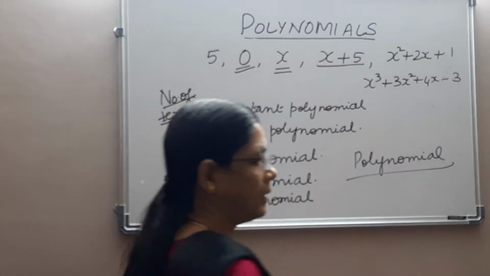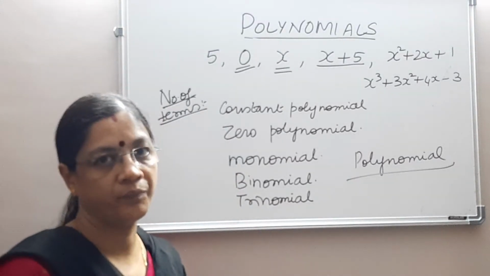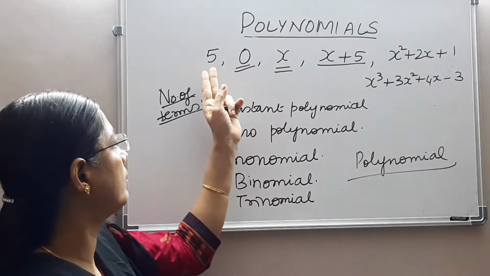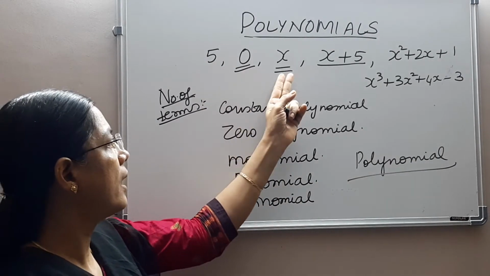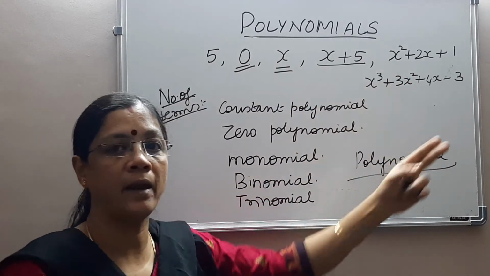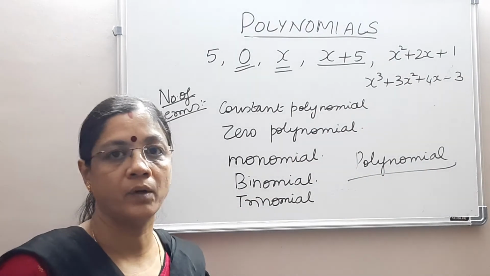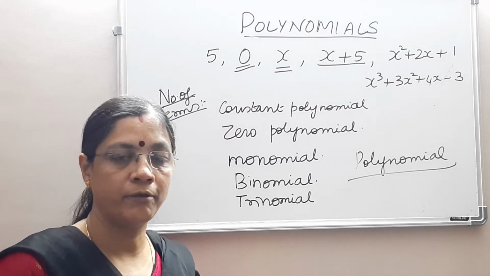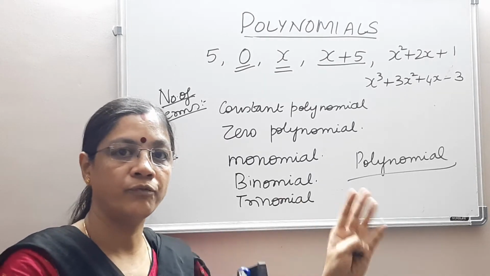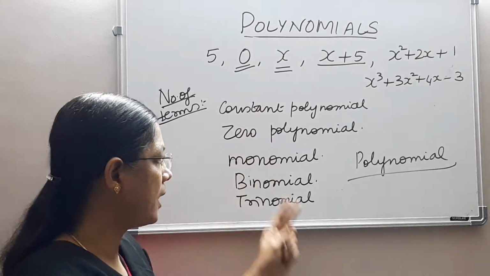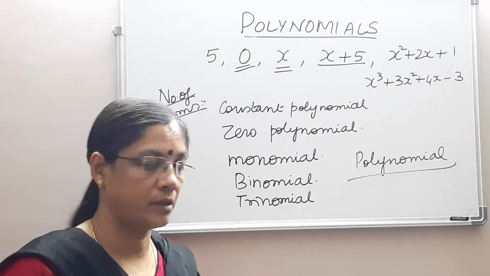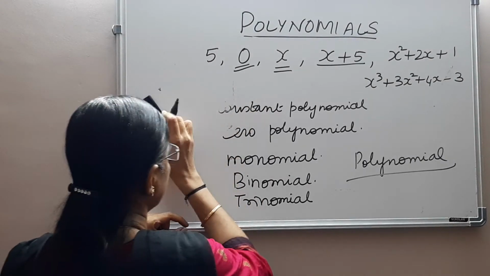Generally, polynomial is a general expression which is used anywhere. That is why we say a constant polynomial, a 0 polynomial, and with one term a monomial, binomial, trinomial, and a polynomial. Now do you understand how we define polynomials according to the number of terms in it? Okay, so these are the names for the polynomials according to the terms in it. Now the next type is